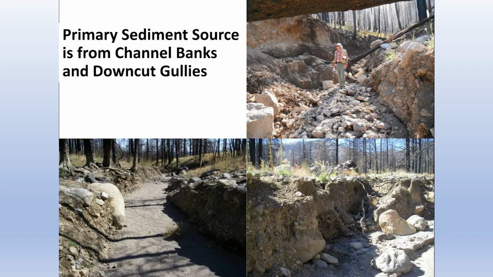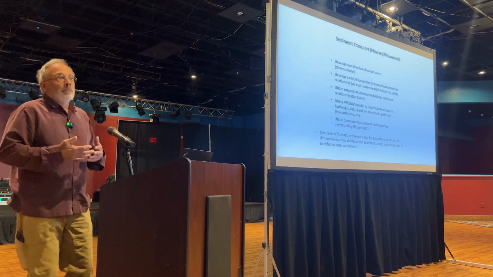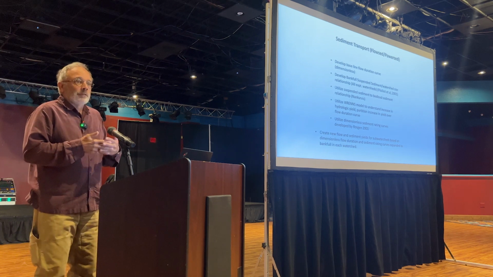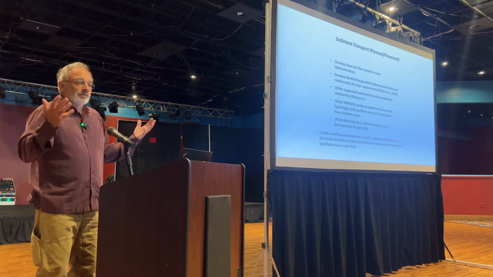All of this material is supplying to the channel, and it doesn't take a whole lot of water to mobilize it. We're not talking about big floods. We're talking about a 1-inch rainstorm on this fire burned area that can bring a whole ton of sediment down. So once we look at those, in a lot of cases, you look at those numbers, and the sediment source numbers are absolutely